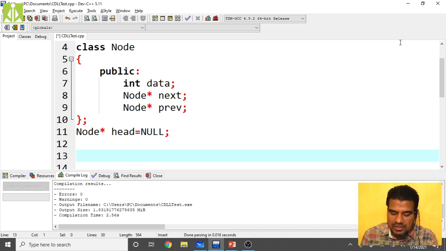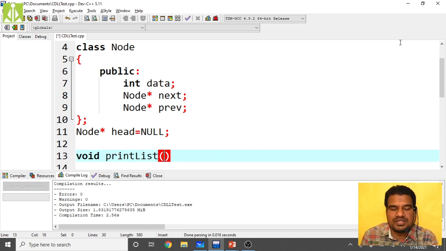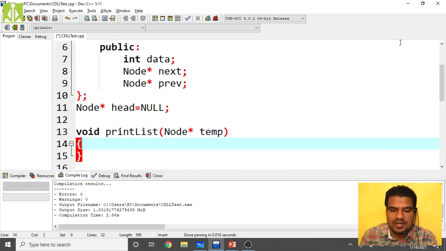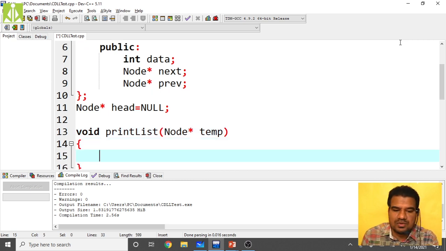I will take advantage of that while loop and start framing the traversal. So who will do the traversal job for us? Your print list function, the same function I have to write. What do we have to pass to this print list function? We have to pass the head node. That head node I am going to read inside your temporary pointer. As the first case, I have to check whether my circular doubly linked list is empty or not. If it is empty, I can't do the traversals. There I have to stop by simply printing a message that the circular doubly linked list is empty.